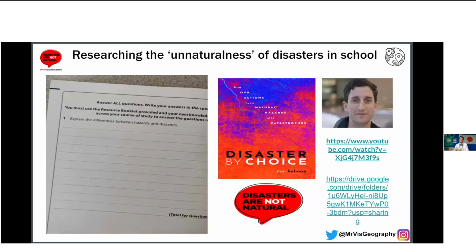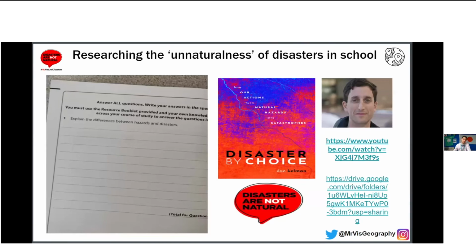And so you had different data tables, had to analyze from GDP point of view to distance to the closest evacuation center, etc. And it's just trying to help students understand different factors that can increase a country's vulnerability to a hazard. But I thought this question, 4-mark question, really epitomizes the debate, the discussion we have with students about the difference between the two, because too often they arrive in geography and they assume it's the exact same thing. So I was actually really pleased to see that as a 4-mark question in the exam, and the